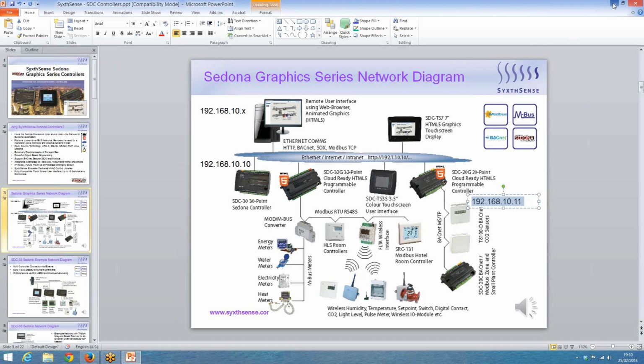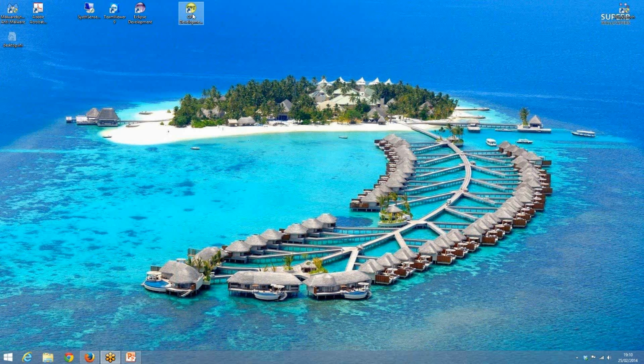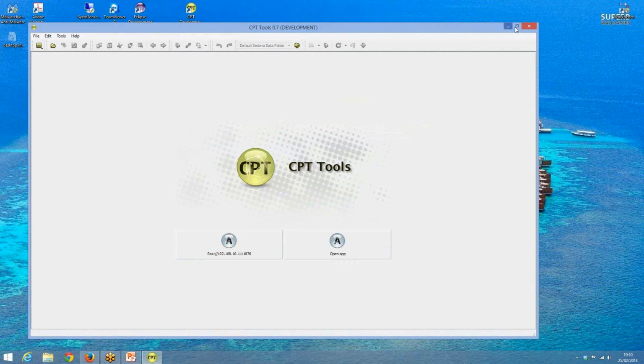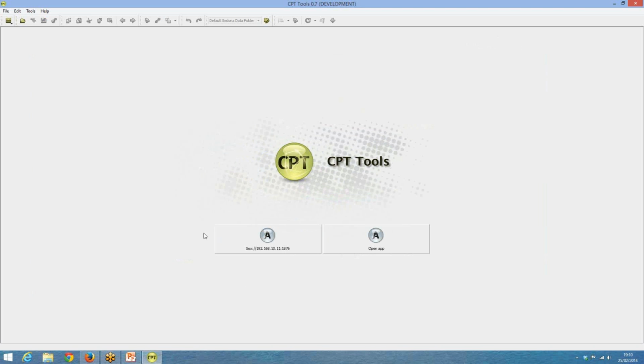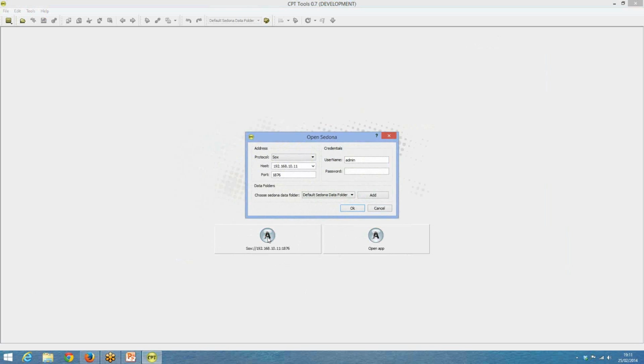Okay. So now we have the CPT tool installed on your PC, and what we need to do is start the CPT tool. It opens a window where we have 2 buttons at the bottom. We have the open application button and another button for the last controller that we were connected to using the CPT tool. We can now just click this button on the CPT tool and